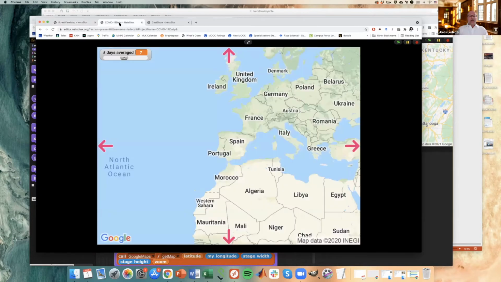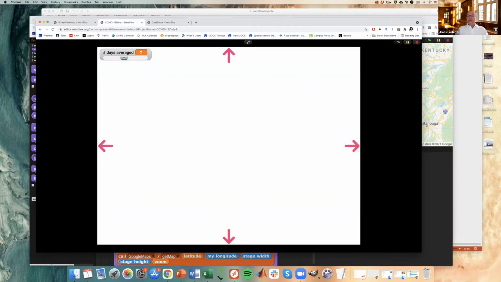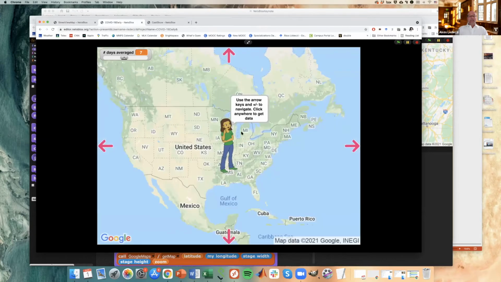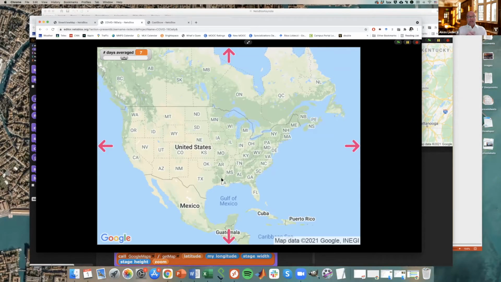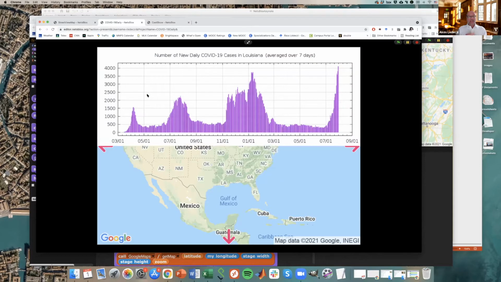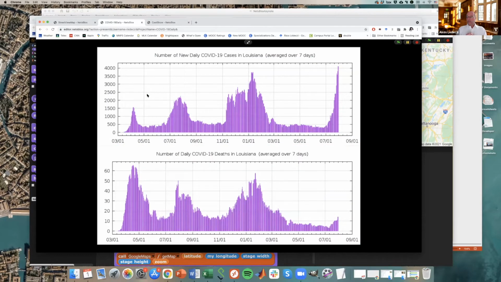Now, if you want to combine mapping and the data processing and data display, let's say, well, I need to start it. I don't think it was running. So this application displays COVID data. If I click on Louisiana, it gets the data. It does some moving averaging from 7 days. And I keep promising myself that one of these days I'll speed this up because it takes a few seconds. But here is the up-to-date COVID data for Louisiana. Every day the data is refreshed from the Johns Hopkins database, and it's served via the NetsBlox server.